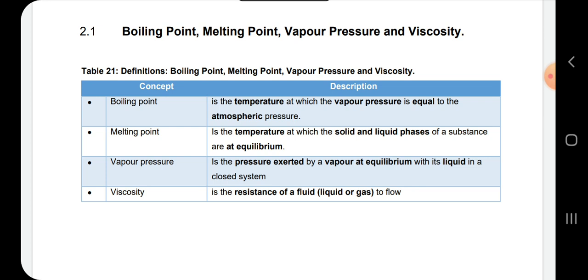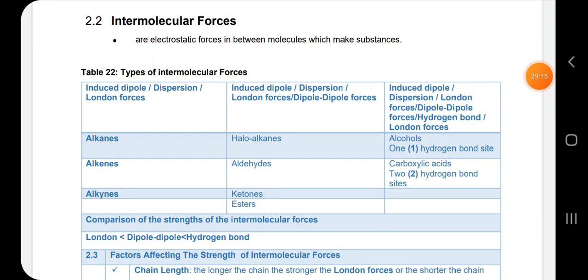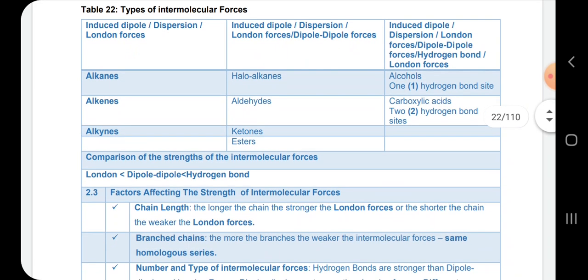Remember in grade 10 when you did atomic chemistry, that is where you did melting point, freezing point. So remember that as well. So we have to look at those. Intermolecular forces are electrostatic forces between molecules which make up substances. So types of intermolecular forces in the homologous series: with alkanes, alkenes, you can either have